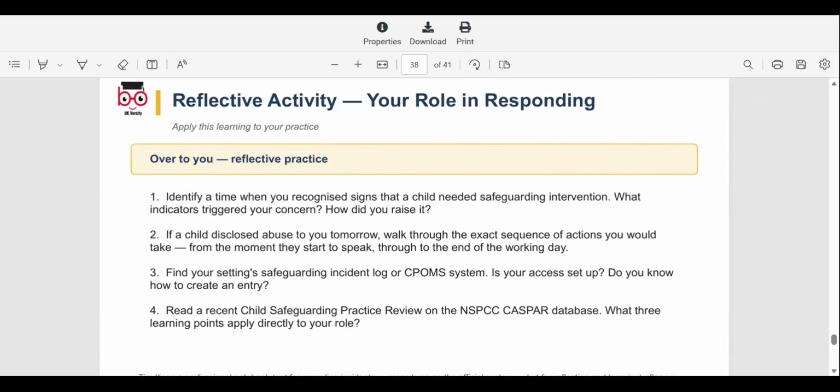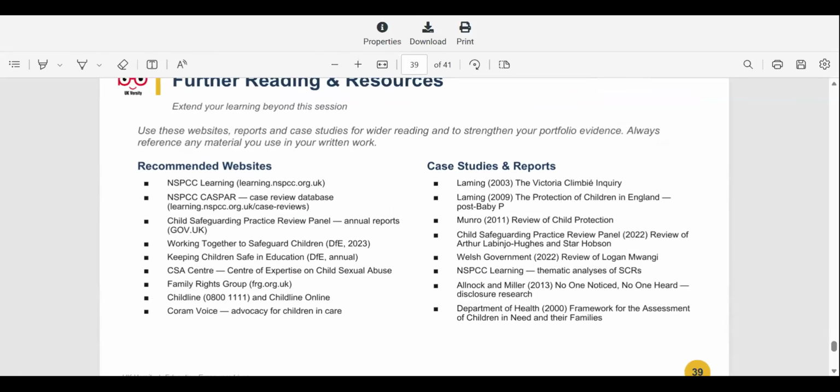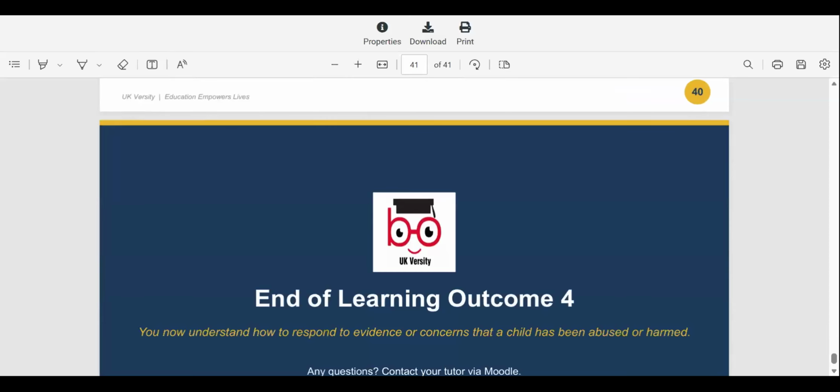Activity in learning outcome 3 and 4, you can do in your own time. Further reading, resources and references are there for learning outcome 3. Learning outcome 4. Do you have any questions on learning outcome 4? No, no. Thank you. Let me stop sharing that and go back to the last one, which is learning outcome